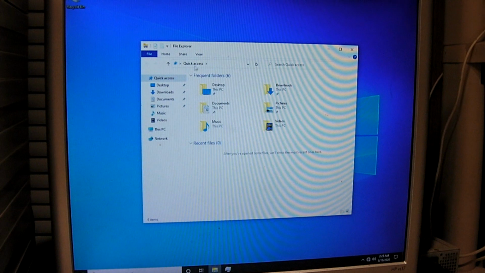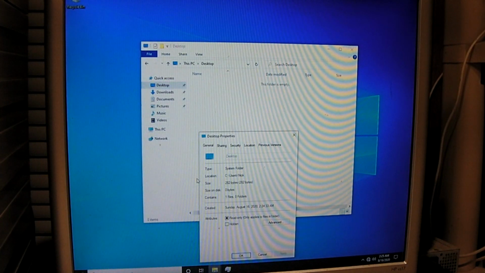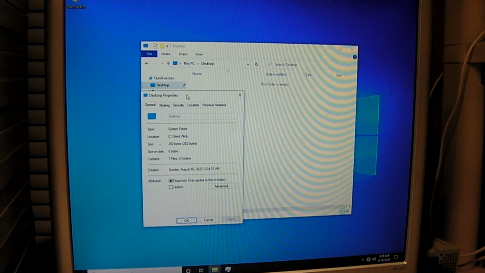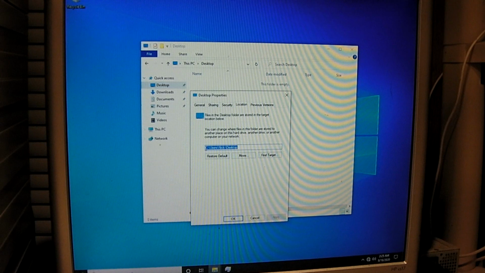Okay, so now we open up File Explorer. Properties. Yeah, you can see how it still puts it all on C, so we got to repeat the steps for the remaining user accounts. So I'll go and do this account here on video, and I'll go and end this video. So, like before,